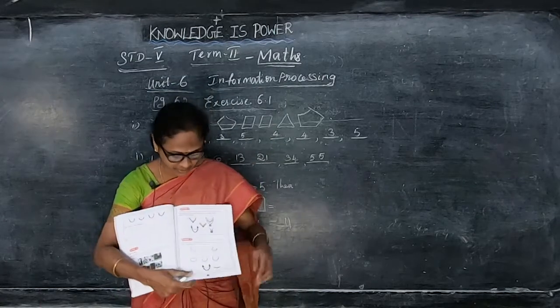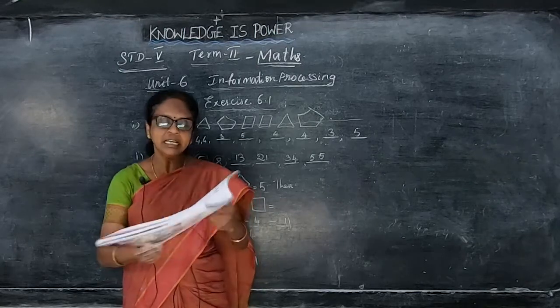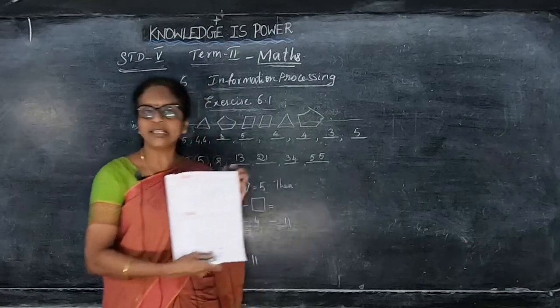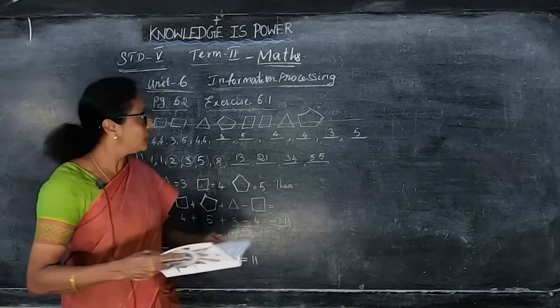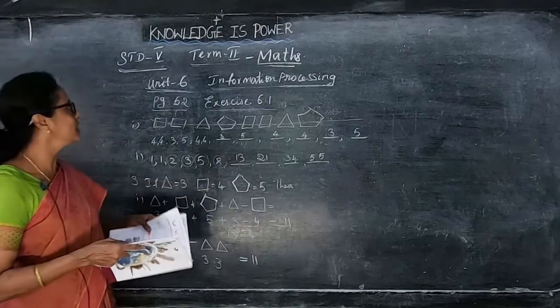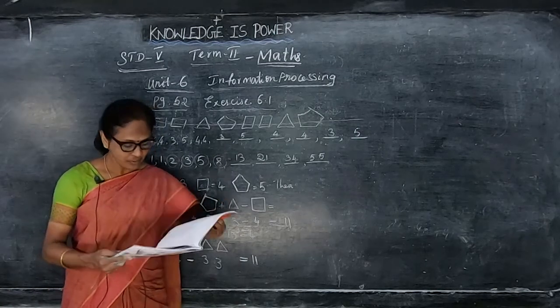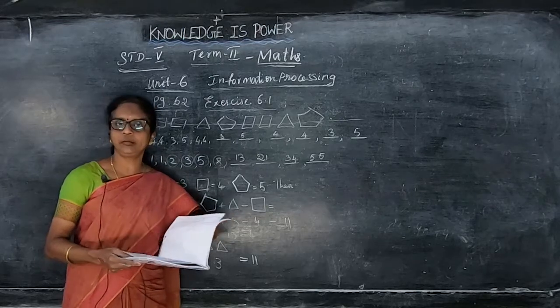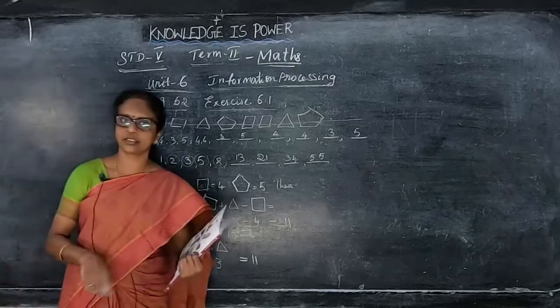And here they are given the creative shapes. You can do it by yourself by using the circle, square and rectangle, like the beads or bangles or earrings you might have seen. Okay children, now this is it. So that's all this information processing unit 6, and we have finished this second term already. So I gave the homework. So complete this homework and do this in the classwork children. Thank you.